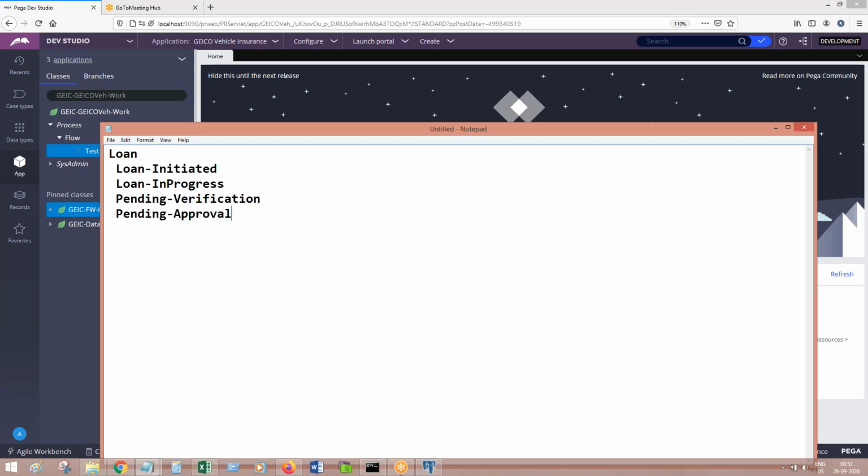Approved or rejected. Pending approval will turn into approved, or let's say rejected. Let's say for example approved. What is the status? Pending disbursement, money disbursement. After money is disbursed, what will happen? Resolved, completed. Suppose rejected, then what will happen? Resolved, rejected.